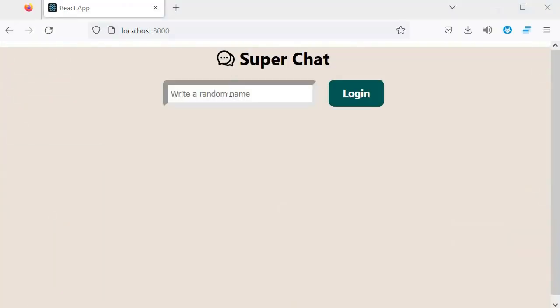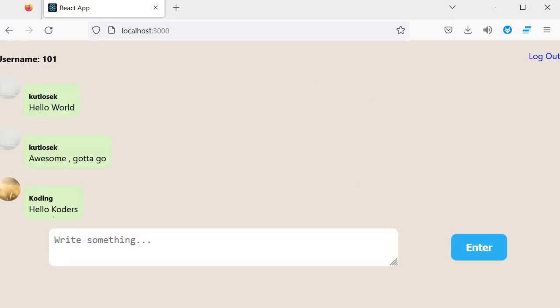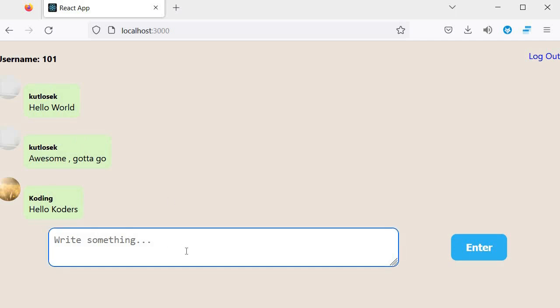over here we have our Firefox browser, and I'm going to log in with a different name, and I'm just going to call it 101. And if I were to log in, you can see that the message that we had on the other browser is appearing over here. And if we were to type a message over here and we were to say, hello everybody,